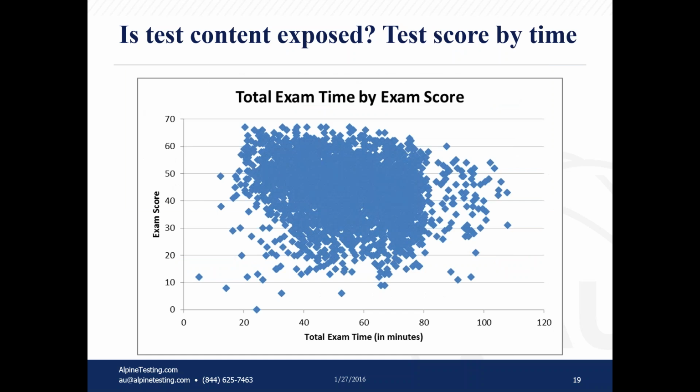Another thing that you can look at is the test score for candidates by the amount of time that they've taken on the test. And so candidates are coming in, students are coming in, taking the test. One of the incredibly useful pieces of information that you can get is the amount of time that any candidate spends on a given item, or the amount of time that they spend on the entire test. And that can be incredibly useful because if someone is coming in and taking absolutely no time on a given item, that could indicate